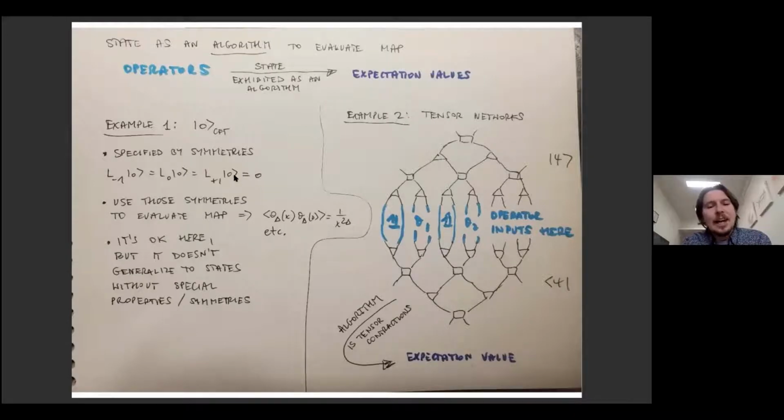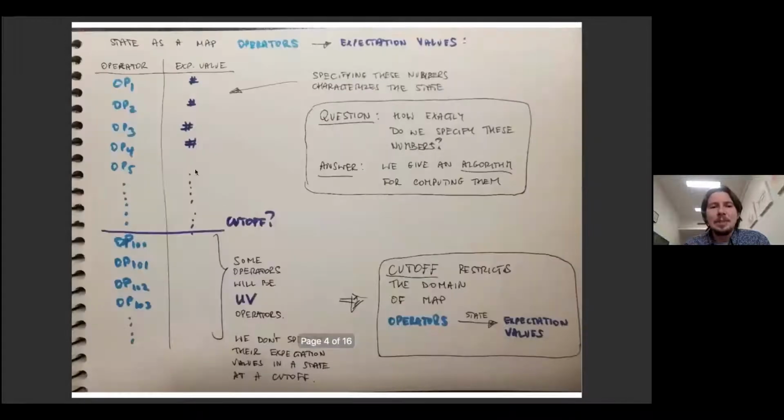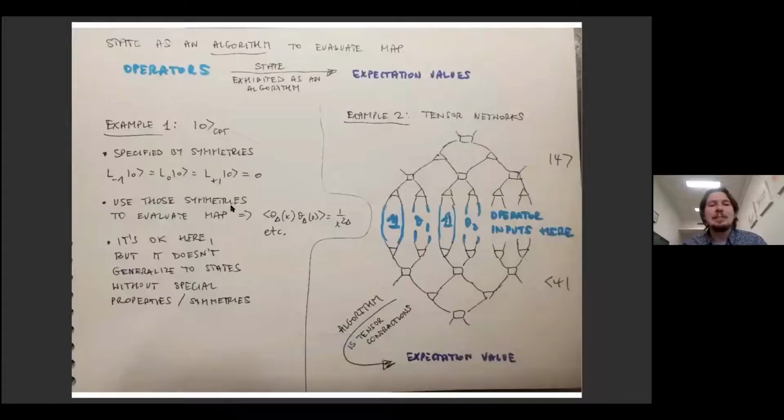It's hard to see how to generalize it to arbitrary states, however. Arbitrary states do not have special properties, or if I identify a special property of any particular state, then that's probably equivalent to computing the correlation functions anyway. So we need some more robust way of thinking about how to populate this table here, which doesn't involve any special tricks which are customized for particular states.